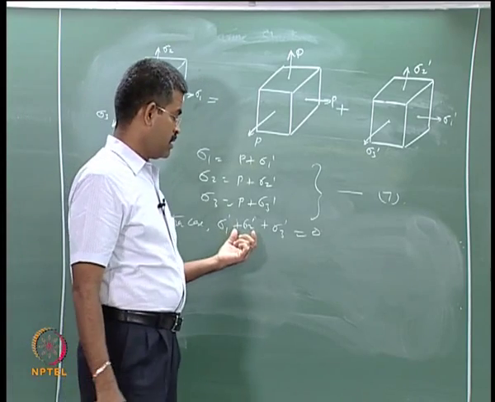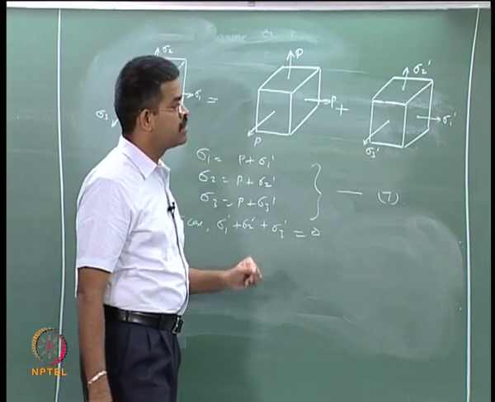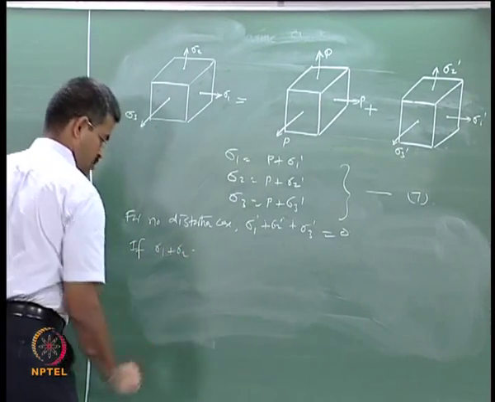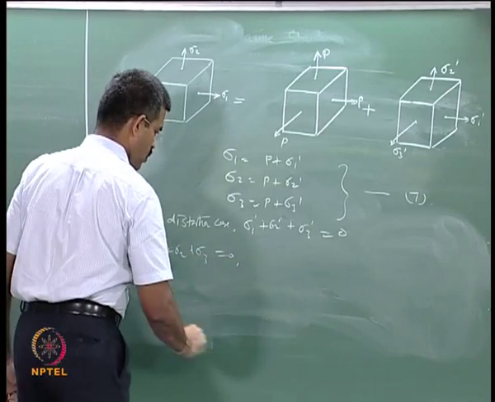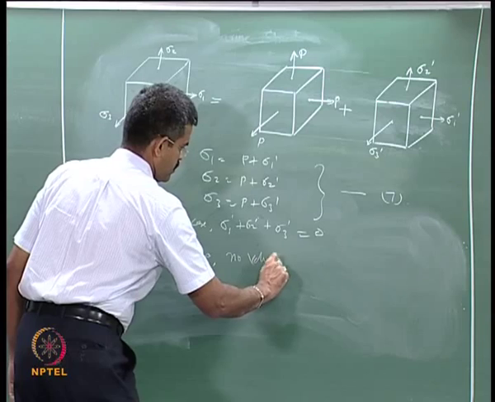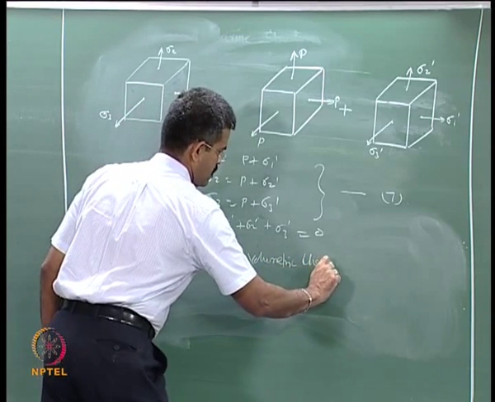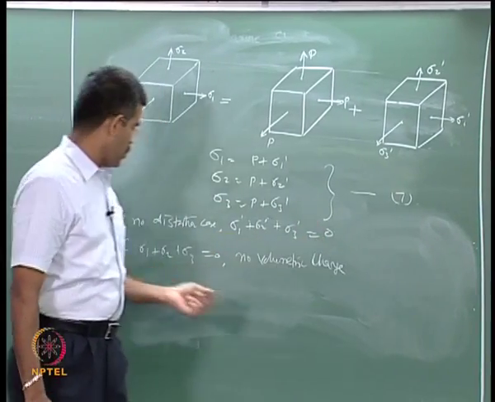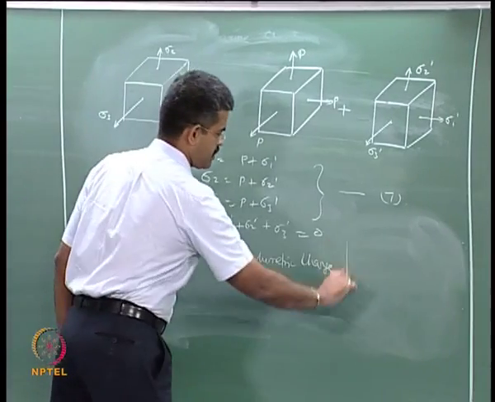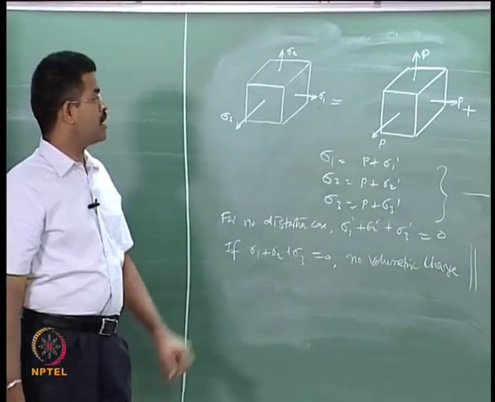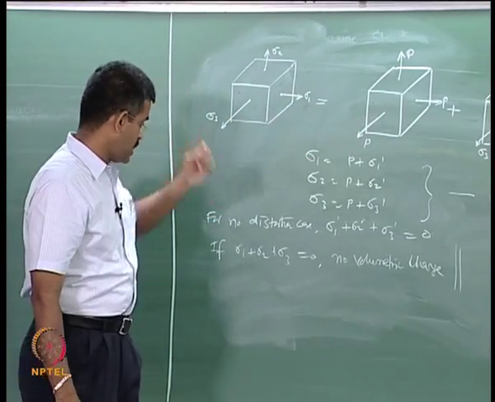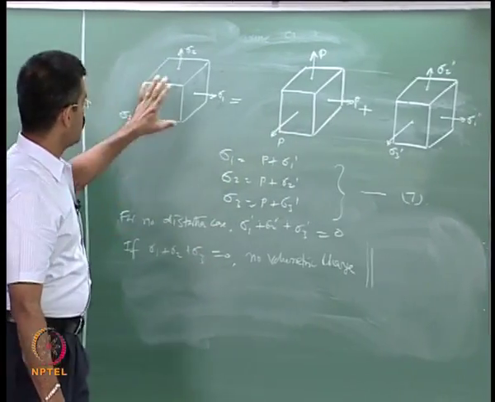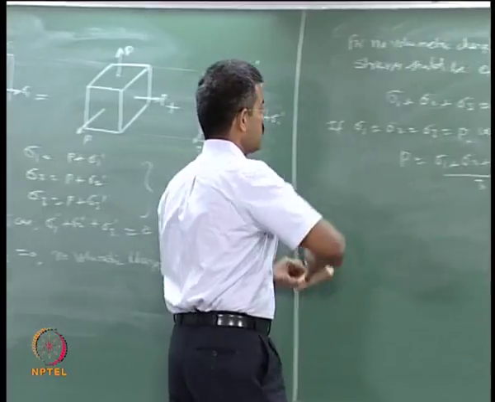If this exists, which is not equal to 0, but if sigma 1 plus sigma 2 plus sigma 3 is set to 0, no volumetric change. For sigma 1 dash, sigma 2 dash, sigma 3 dash set to 0, no distortion case, okay, two explicit cases. But the triaxial stress test is a combination of this. What I am saying is instead of 1, 2 and 3, I am saying this as P and C, okay. So, this is going to be a combination of these two cases. In that situation,